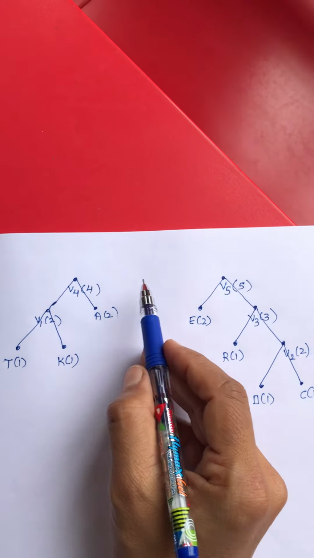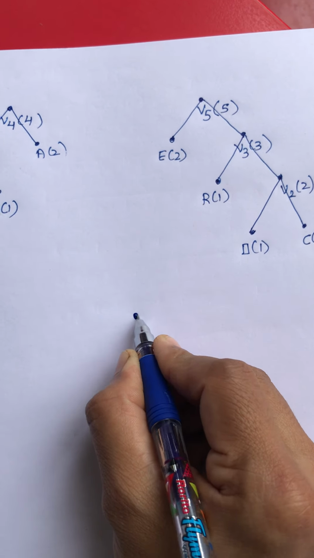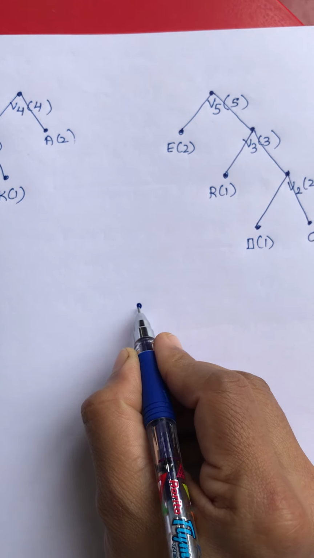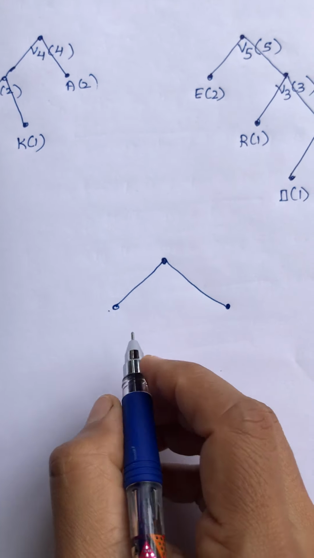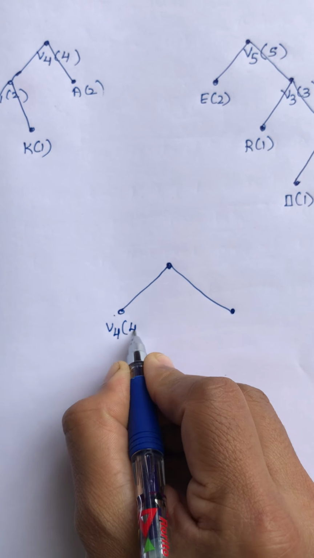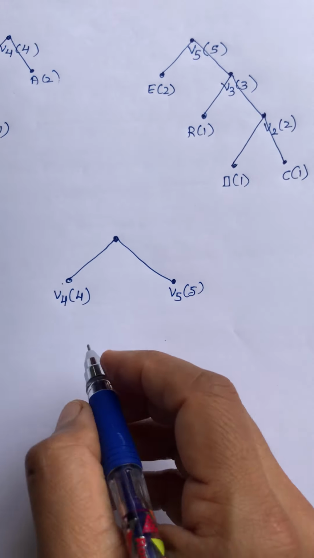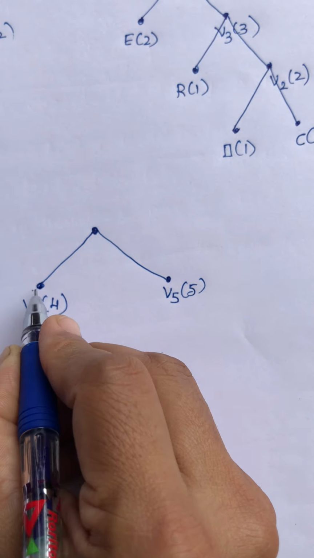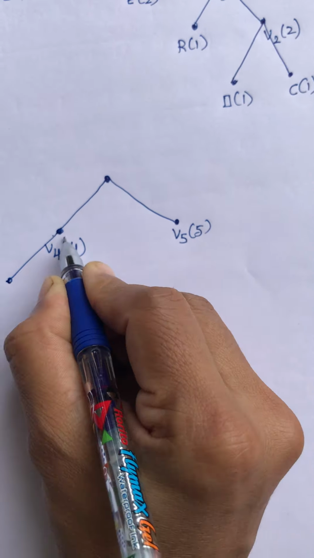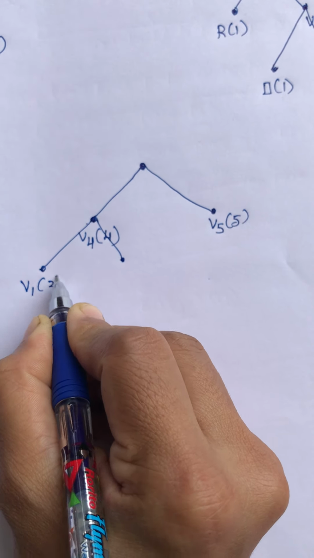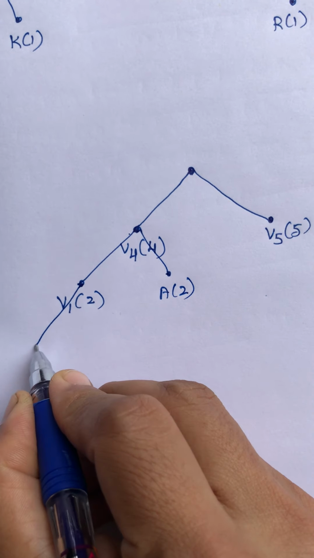Okay, next 2 vertices are there. We have to add them. That's the last step. So we are adding now. Only 2 are there. I am writing them a little far from each other because below that, branch kind of edges will come which spread from each other. So V4 of 4 is just copied from the one before. V1 of 2, A2, and then below V1 of 2 we have T1 K1.